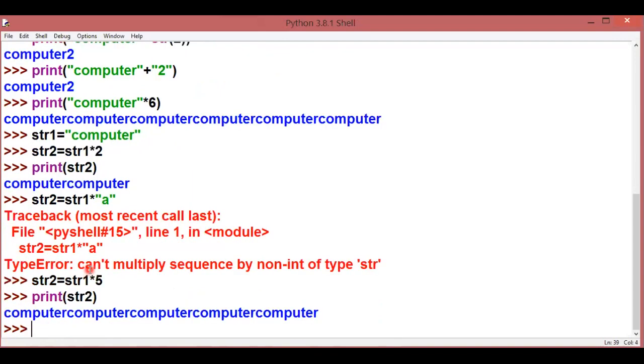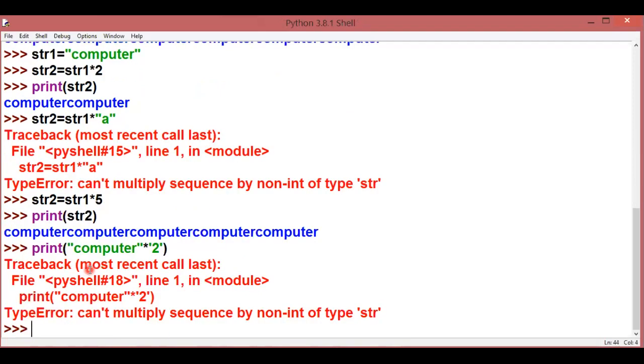Right? Similarly, if I write in this way also, computer multiply by '2', here also I will not get the result. Although I have written 2 over here, still 2 will not be counted as an integer value. It will be counted as a string value because it is written in single quotes.